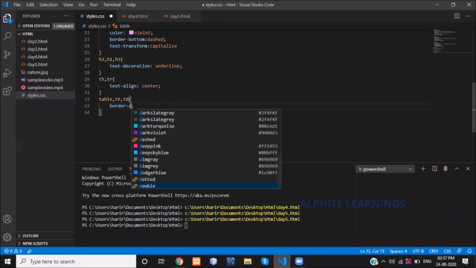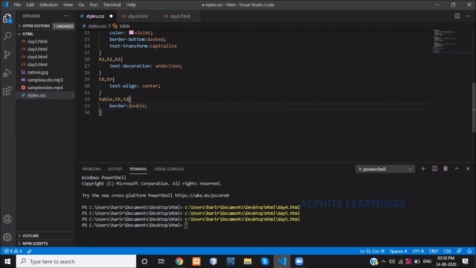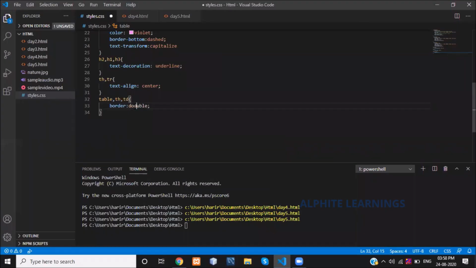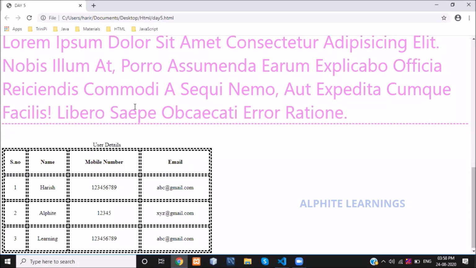If you want, you can give double, and it will give you double lines. What else did we learn? Dashed. See, it is replicated.